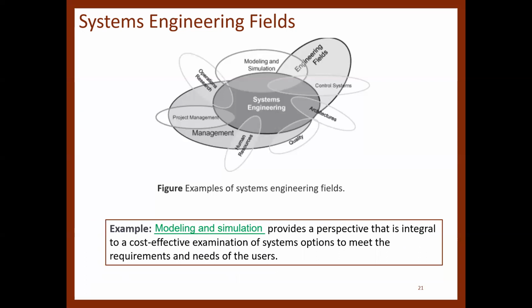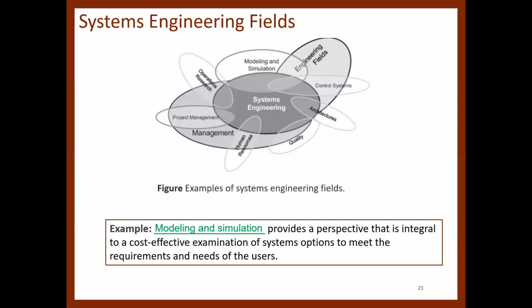Another area that is also part of industrial engineering, like operations research, is modeling and simulation. And this provides a perspective that is integral to a cost-effective examination of systems options to meet the requirements and needs of the users. So in modeling and simulation, you build a computer representation of your system,